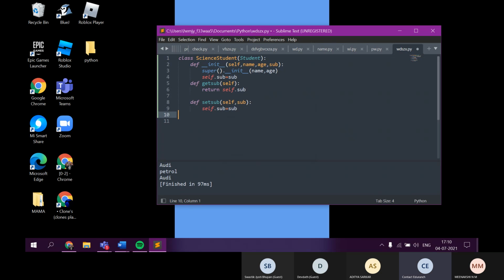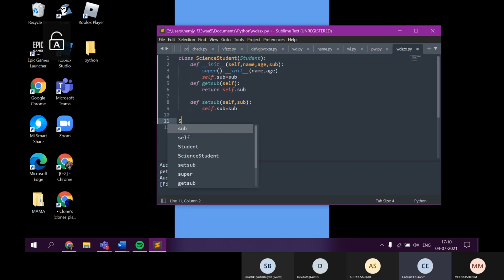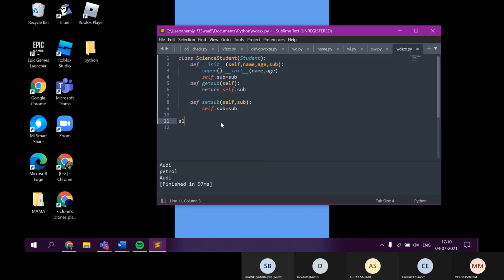Okay. Now create the science student object. No, science student object. Just say science student. Yes. Science student, not student. Science student. Yes. Pass name, age, and subject.